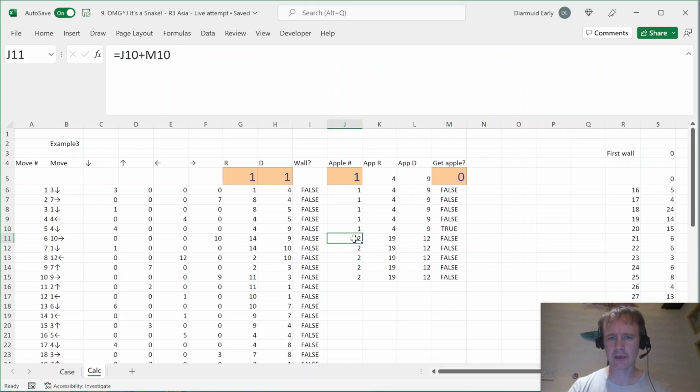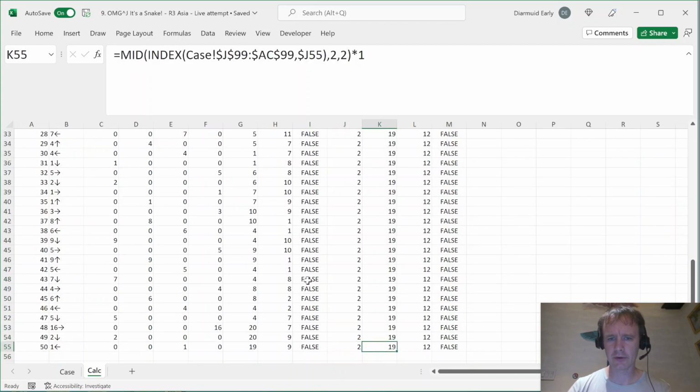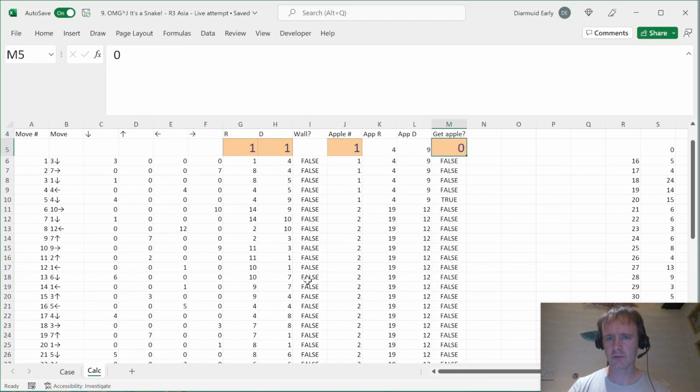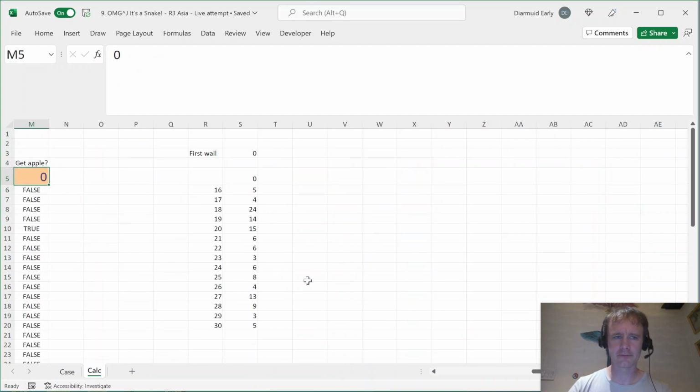So that's good. And after that, we're looking for apple number 2, which is in 1912. And we can carry on down, and we can figure out, okay, actually we never hit another apple. So this sort of simplistic approach is then done. We can say